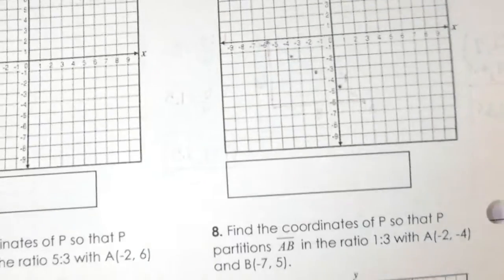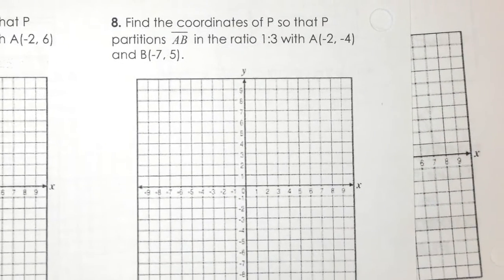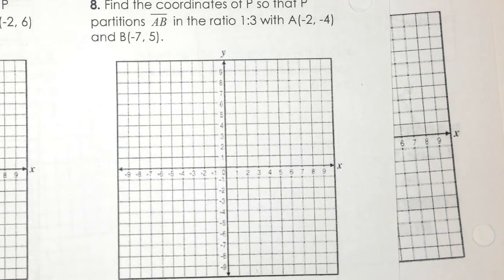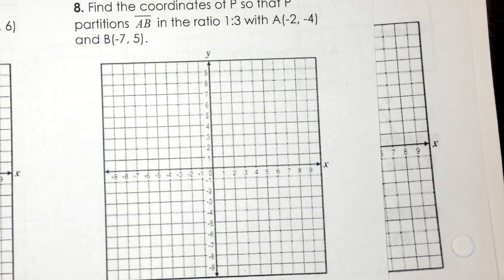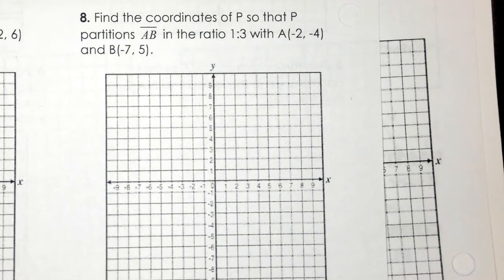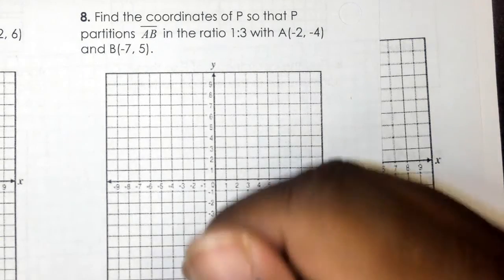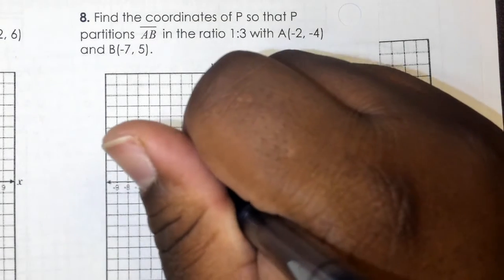Number 8. Let's look at that. Find the coordinates of point P so that P partitions A and B into a ratio of 1 to 3. A is at -2, 4. B is at -7, +5. Sorry. So graphing these points, -2,